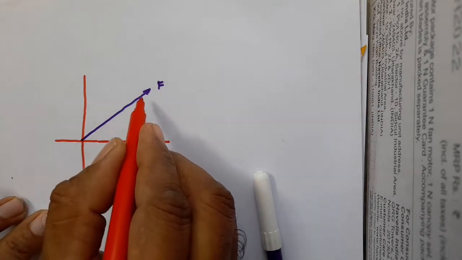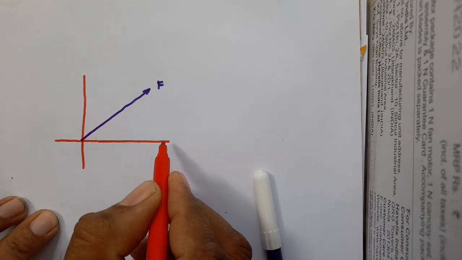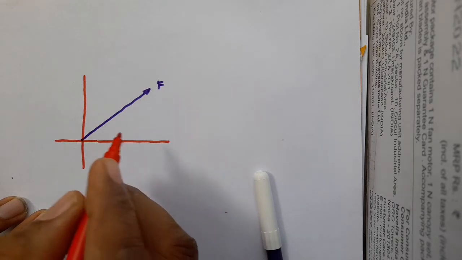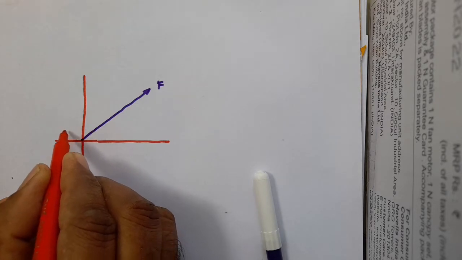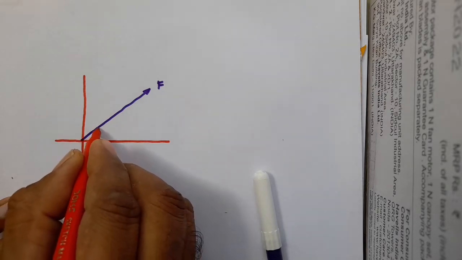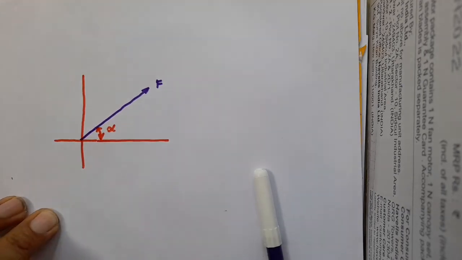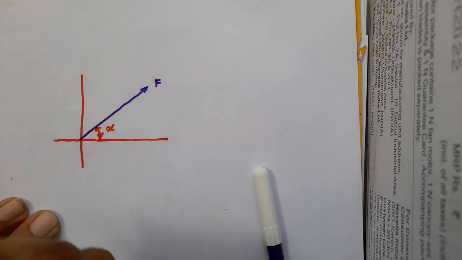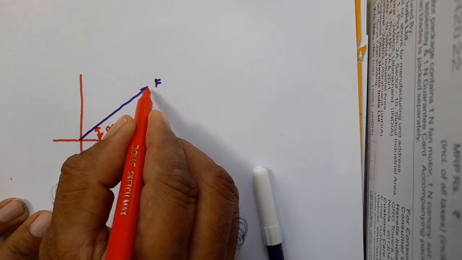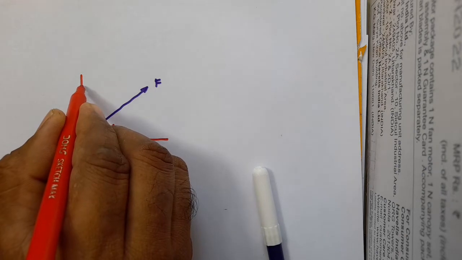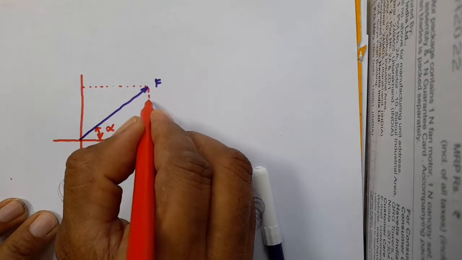Now you should check what angle this force makes with the horizontal, and that angle should be acute. See, you can actually see an angle here, which is the obtuse angle, but this is the acute angle. Let us call it, say, alpha. Having done this, you should go to the end point, and through the end point you can drop a horizontal dotted line like this and another dotted line like this,